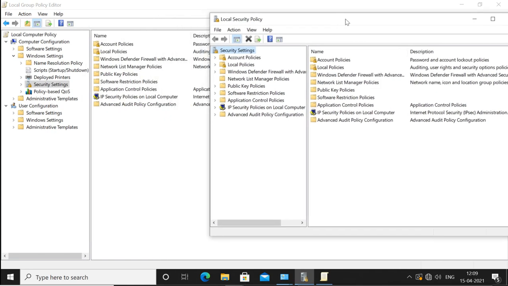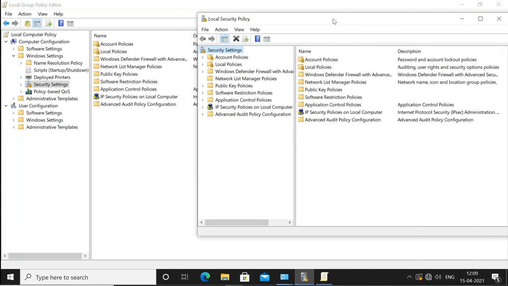The same policies are there: account policy, local policy, Defender policy, network list manager policy, public key policy. So this local security policy is actually part of this local group policy object.